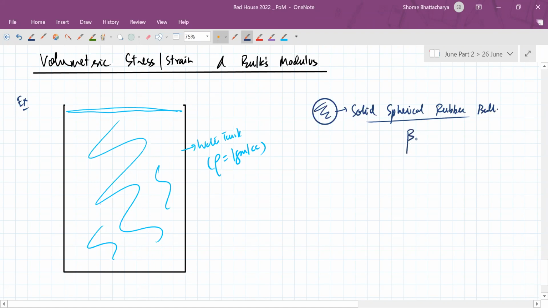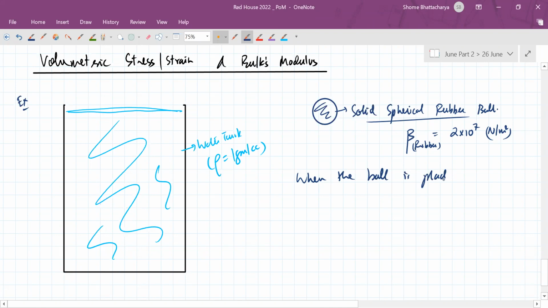So the bulk modulus of elasticity for rubber, that is given to us. So when the ball is placed